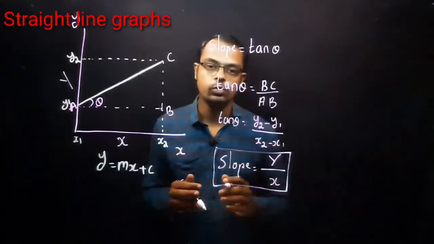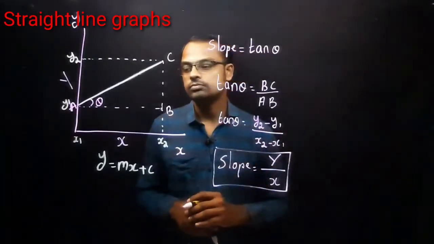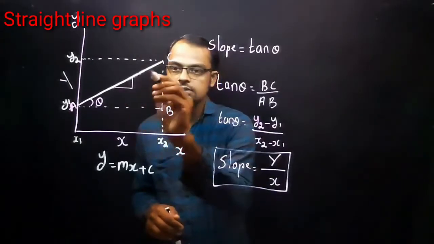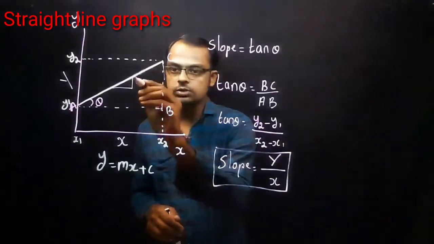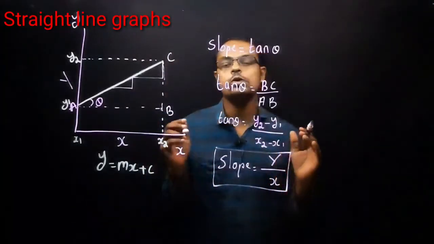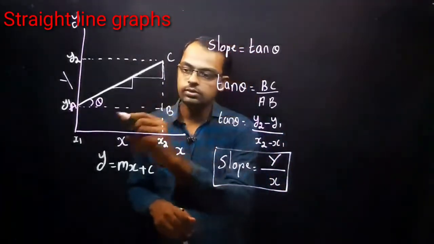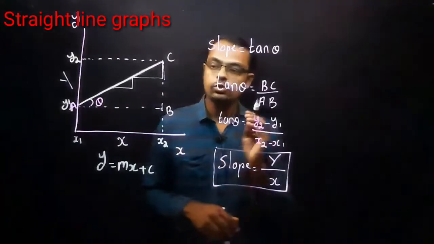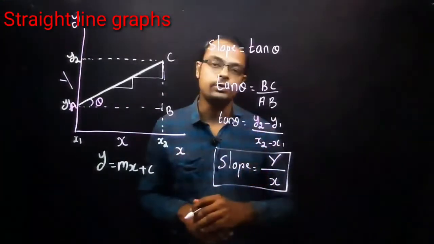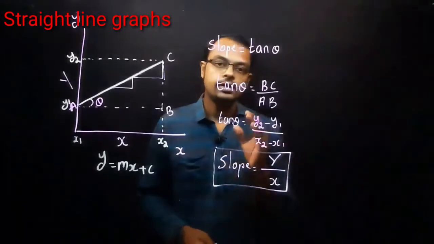So this is a way to find the slope of the graph. If you are finding the slope anywhere in this straight line, what will the slope value be? It is a constant value. Wherever you take this triangle, the magnitude of the slope will be a constant value. Clear? The next point is that